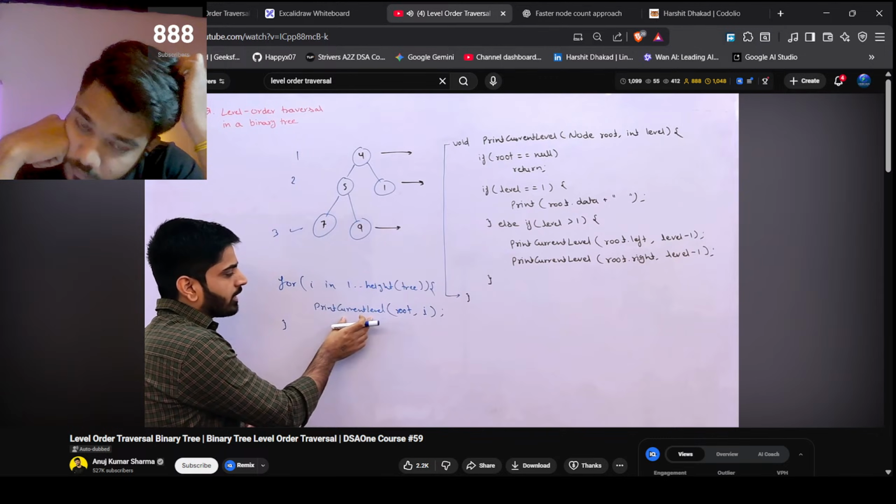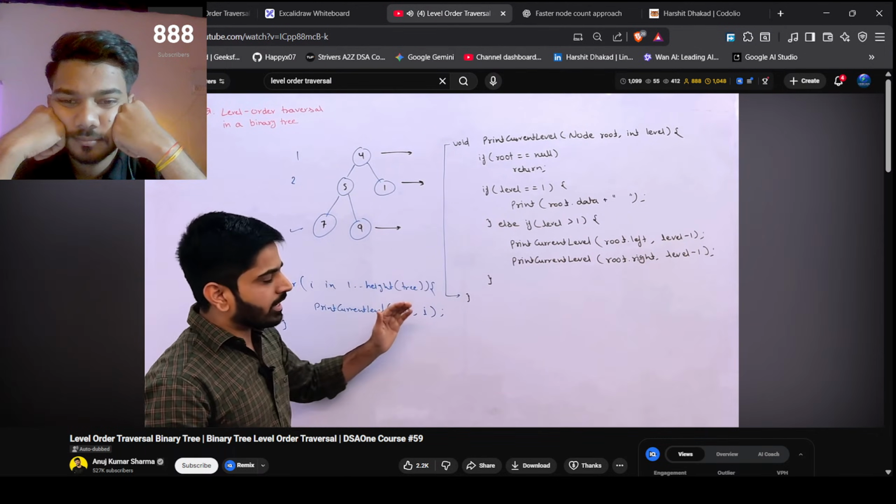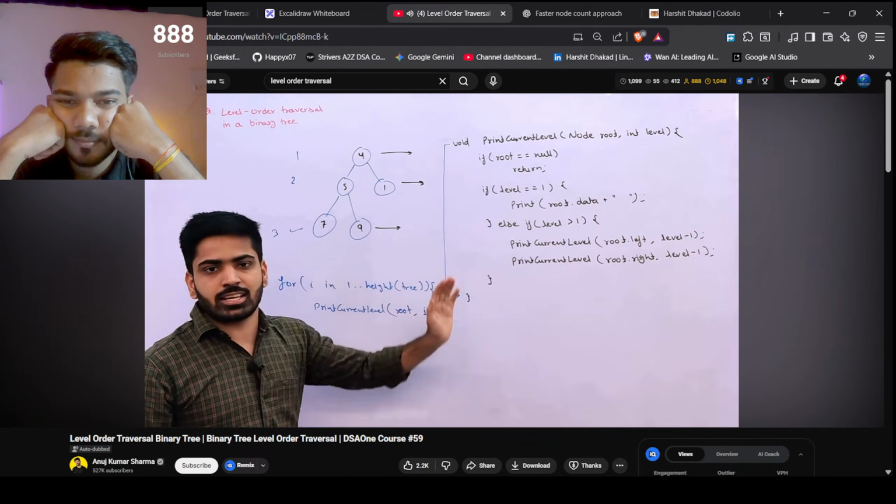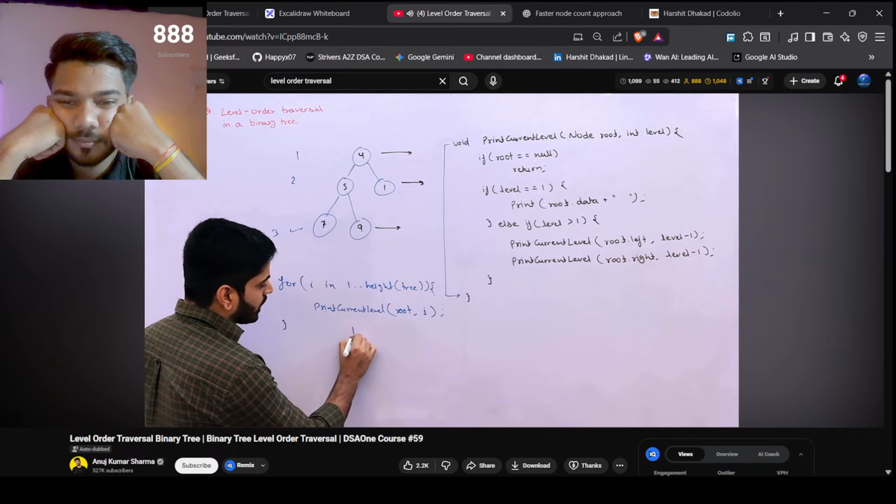और उतने टाइम मैंने इस फंक्शन कॉल करा दिया प्रिंट करंट लेवल को और हर बार एक लेवल पास कर दिया। तो पहली बार में ये करंट लेवल 1 प्रिंट करेगा, उसके बाद लेवल 2, उसके बाद लेवल 3, इस तरीके से ये सारे सारे लेवल प्रिंट कर देगा। बट अगर इसके आप लोग टाइम कॉम्प्लेक्सिटी देखोगे तो इसकी आएगी बिग ऑफ n स्क्वायर।